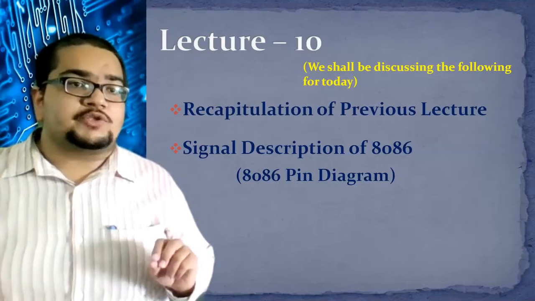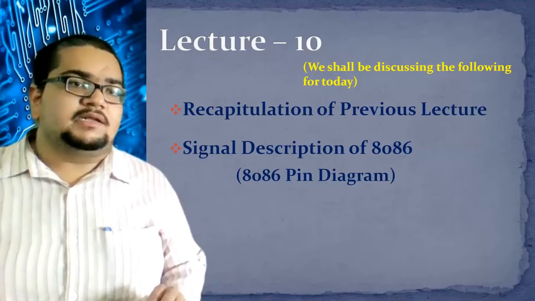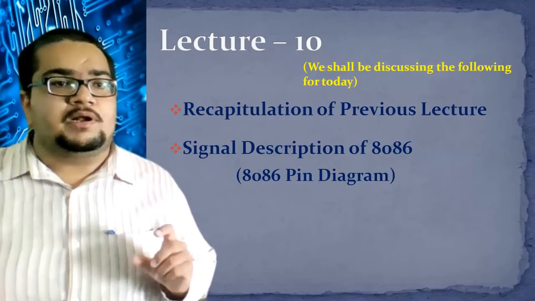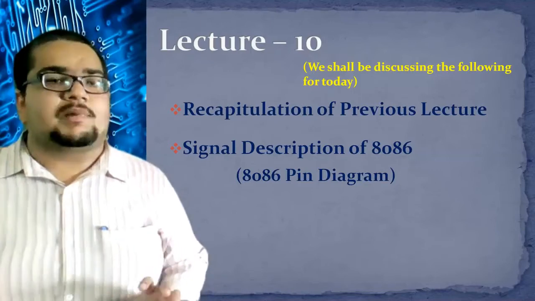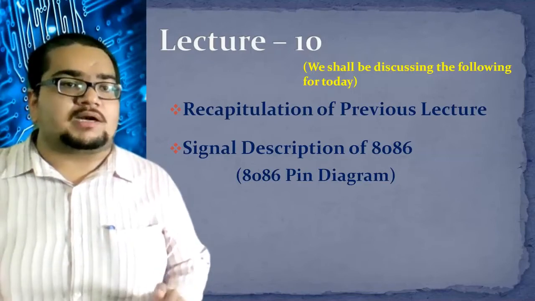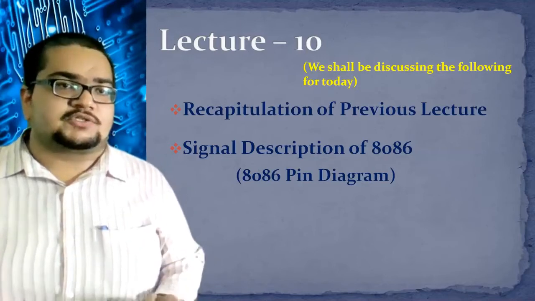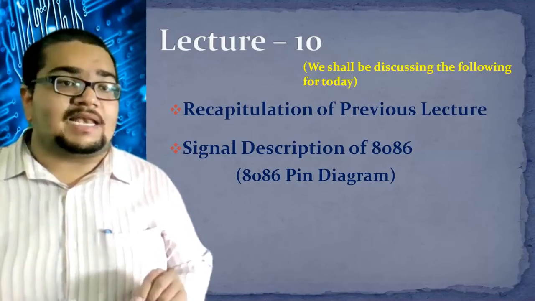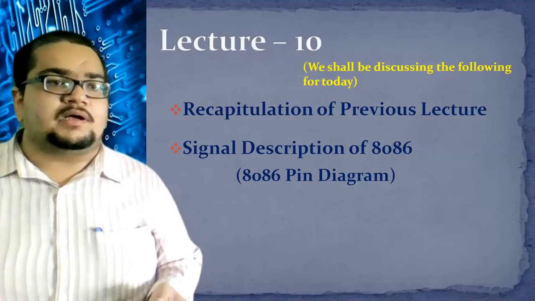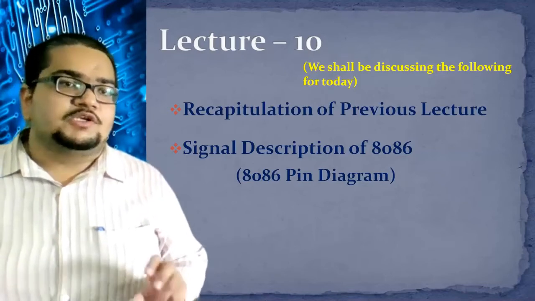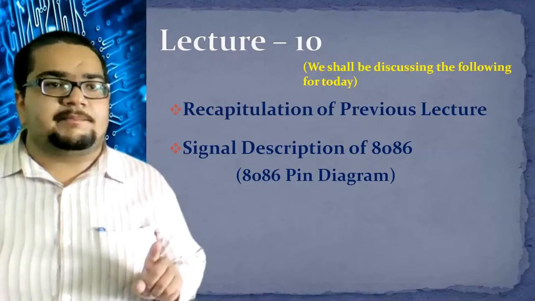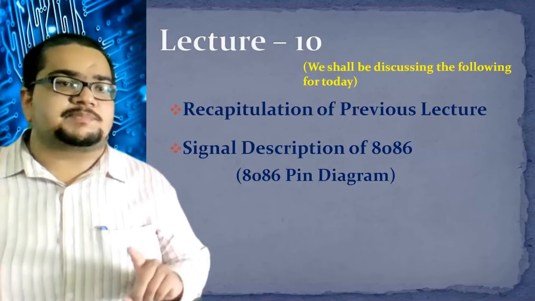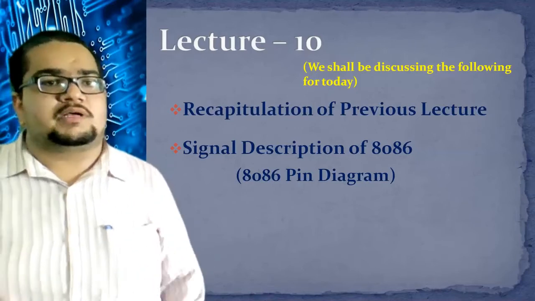When you use the BHE bar signal and the A0 signal, BHE bar is bus high enable, which decides whether the higher order data bus D8 to D15 is enabled or not. Whether there is a transaction of data over the D8 to D15 lines of 8086 or not, this signal will tell. Along with that, A0, as the LSB of the address, tells whether a number is even or odd. So we use A0 to indicate whether we are accessing the even bank, because it becomes the chip select for the even bank. That is how the operations go on.